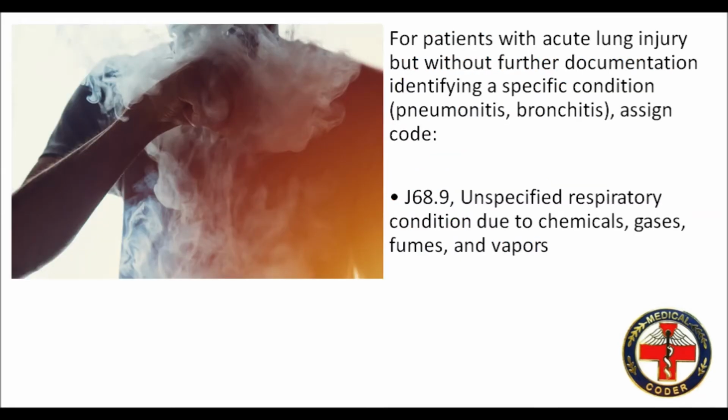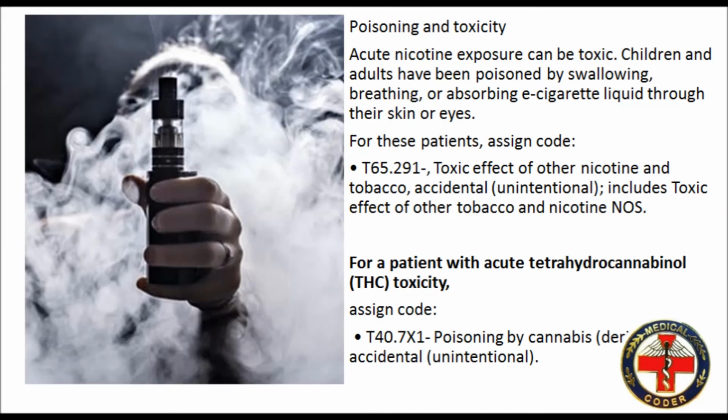For patients with acute lung injury but without further documentation identifying a specific condition, like pneumonitis or bronchitis, assign code J68.9, unspecified respiratory condition due to chemicals, gases, fumes, and vapors. Poisoning and toxicity. Acute nicotine exposure can be toxic. Children and adults have been poisoned by swallowing, breathing, or absorbing e-cigarette liquid through their skin or eyes. For these patients, assign code